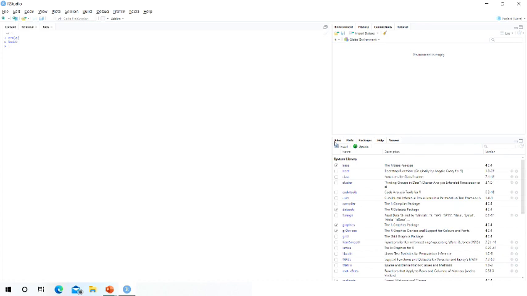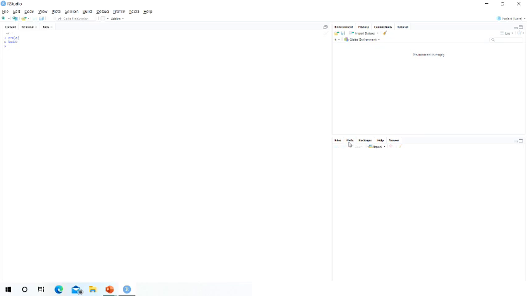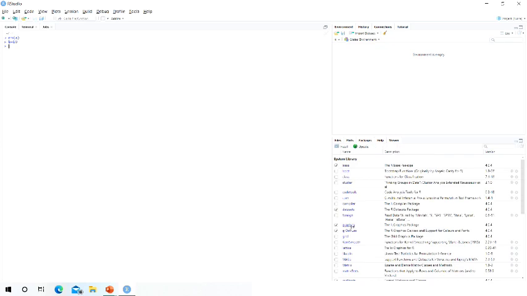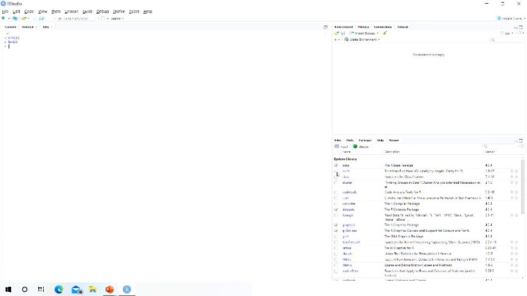Also, if you click files, it shows all the available files which are linked here. In plots, if you give any command which works with plots, you are able to see graphs here as a result. In packages, it shows all the packages that were already downloaded when I installed RStudio. If I want to install anything, I have to click on it and press install, but now I am not installing anything.